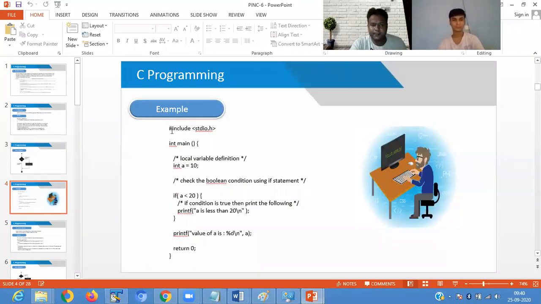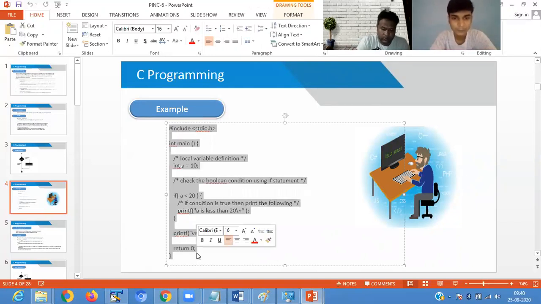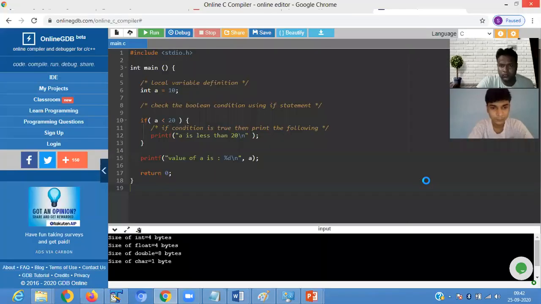So here is a simple program on decision making. First we define int a equals 10.